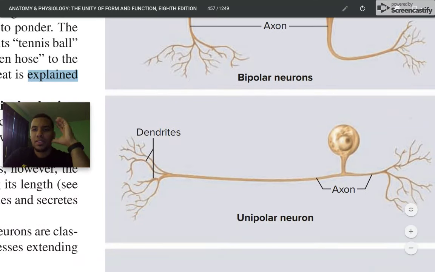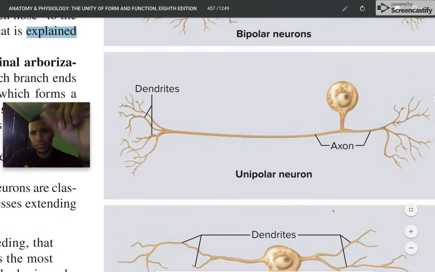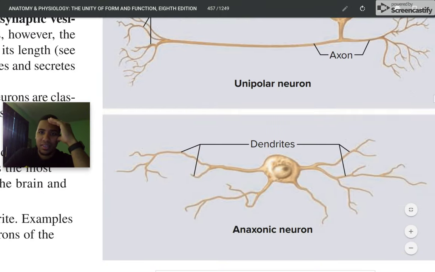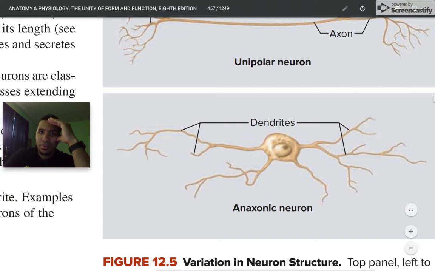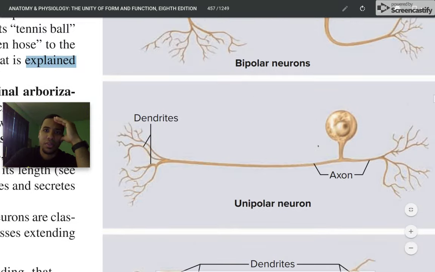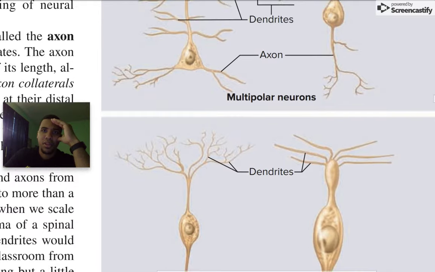Now the unipolar doesn't mean that it has just one axon or just one dendrite. It means that you see this little mound right here, this little trunk on the soma, there's only one of those. So there's only one extension, and then it branches out. You have your dendrites here on the left and your axon right here on the right. What receives the information are the dendrites. What carries out the information is the axon. Here we have an anaxonic neuron where you don't have any axons, but you have a lot of dendrites. It's receiving a lot of information, but it looks like there's no output there. But the three that he wants you to commit to memory are multipolar,